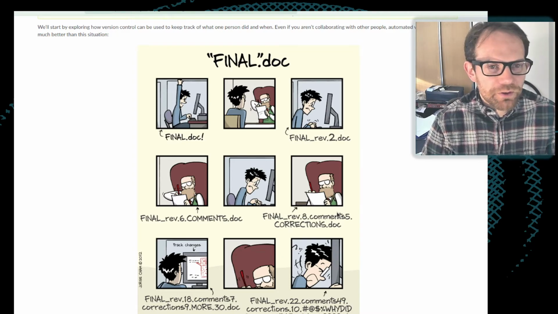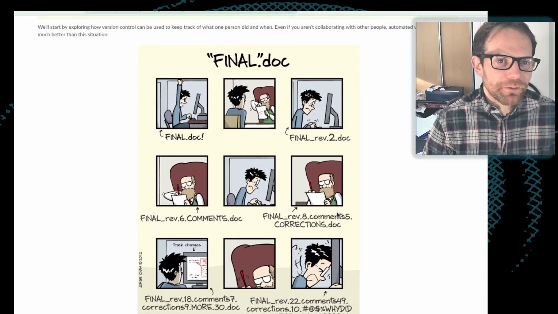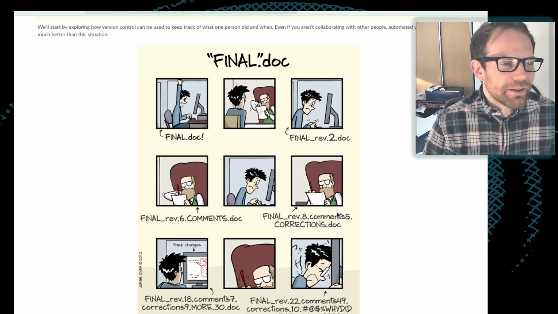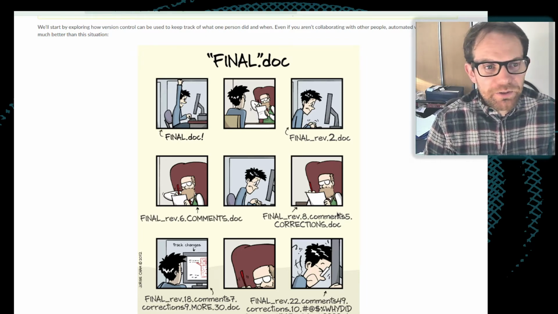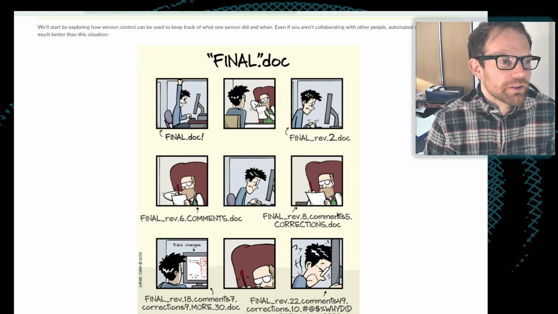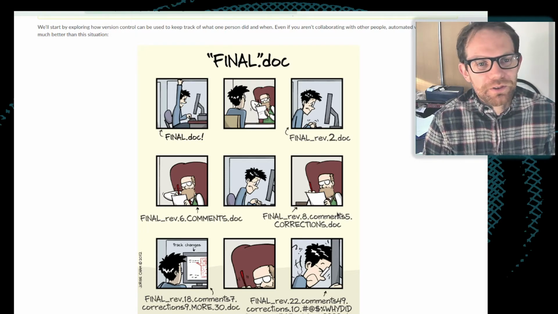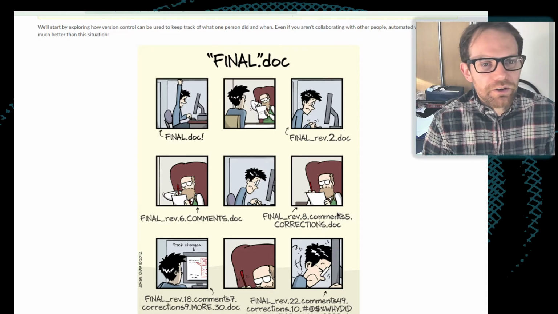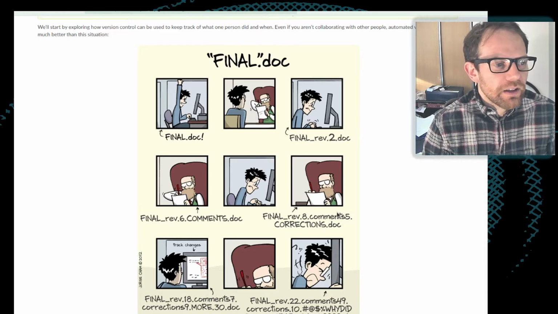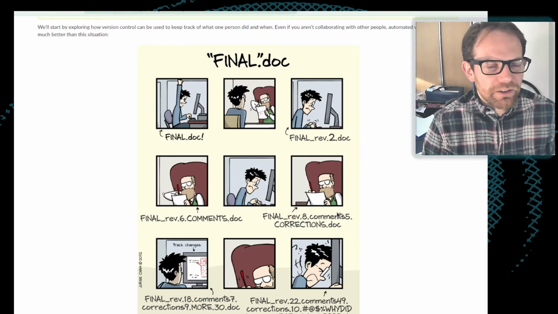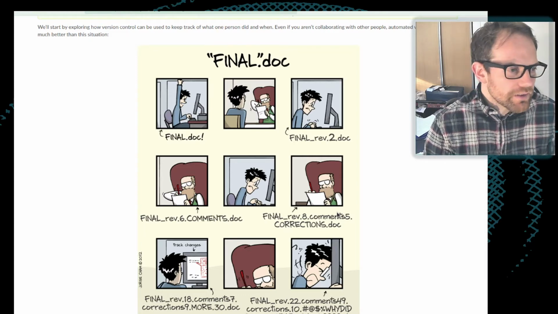You then take it to your supervisor, to somebody to look at. They give you some revisions. You end up with this document, final, and then Rev 2. And it keeps going through all of these different processes. You end up exchanging emails with somebody who's made changes to the document, and you end up with 16 different versions of the document, all with increasingly difficult to follow names. Even if you have some sort of sensible naming convention for this, it's hardly flawless. It's possible to overwrite a previous version of the file accidentally, and things like this.